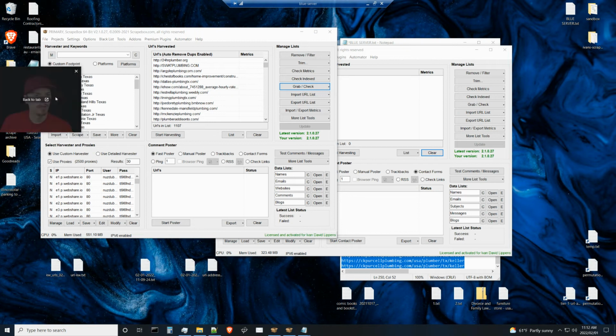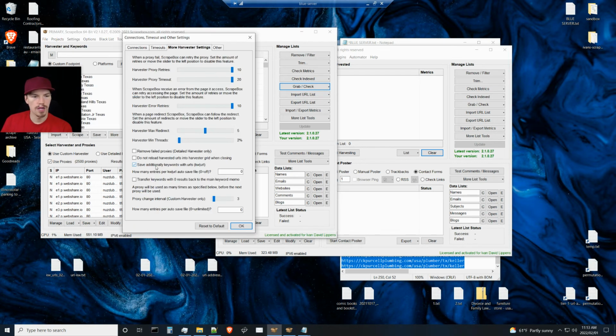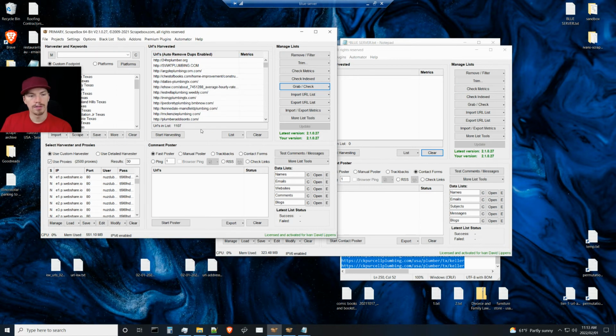But what you want to do, and you guys might be aware of this feature, but I've been aware of it for a while, but haven't really messed with it because data association is so tricky. It's not really as directly useful as you might expect it to be. But if you go to settings and connections and then more harvester settings, you can check off this option for save additionally keywords with URLs. And that's what you need to turn on so that when you collect your URLs, it will also give you a keyword file. Now, once you click start harvesting for your job, it'll do its thing and